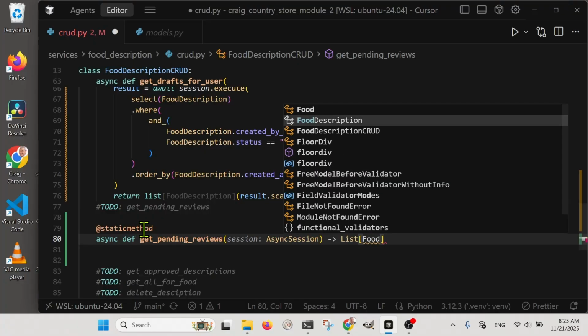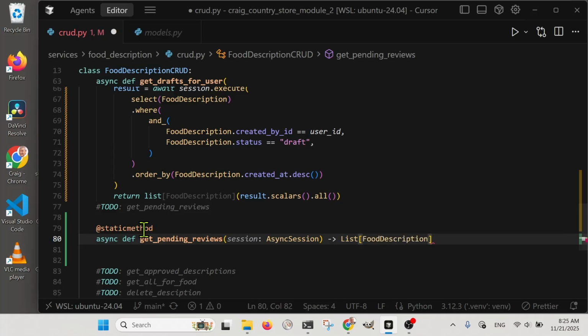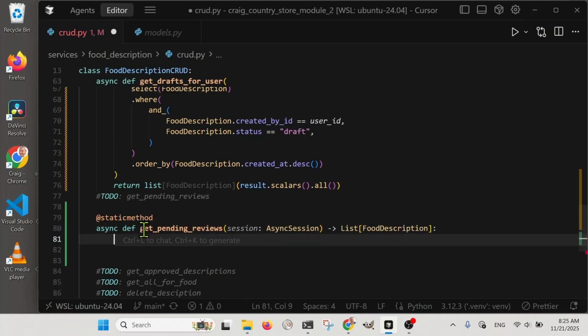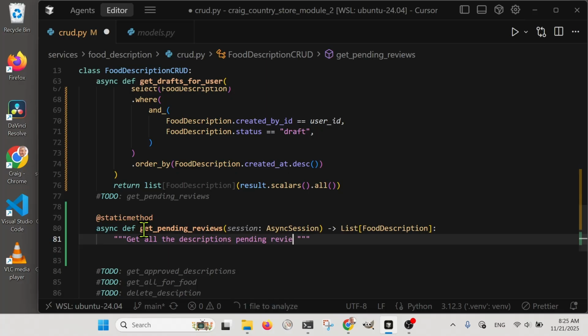Food description, and we'll put our little documentation for human and AI. Get all the descriptions pending review